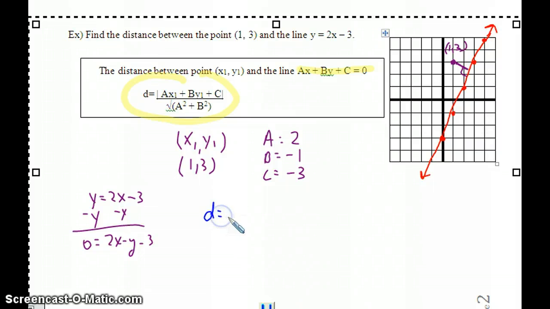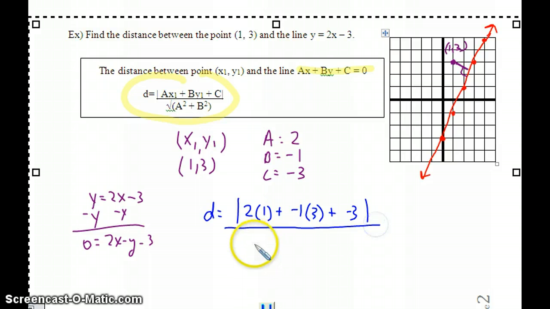So our distance will be equal to the absolute value of a, which is 2, times the x value of 1, plus b, -1, times the y value of 3, plus c, -3. So again, absolute value of just the numerator, divided then by the square root of a, which is 2 squared, plus b, which is -1 squared. So reducing this, in the numerator I get 2 minus 3 minus 3. That would be the absolute value of